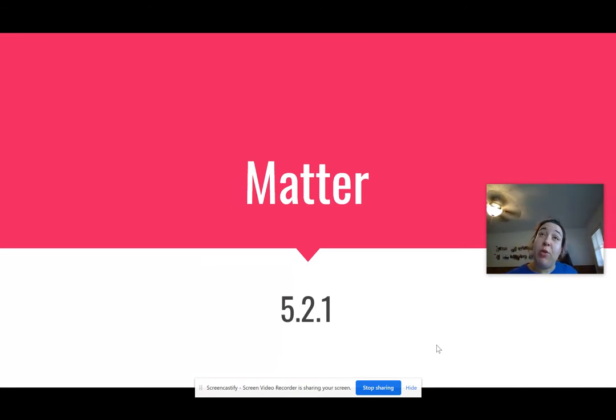If you are at home and you are taking notes in your science notebook, if I start going a little bit fast, feel free to pause and press play when you're ready to go. If you're at home and you're taking notes or not taking notes because you left your science notebook at school, don't worry. It's going to be fine.